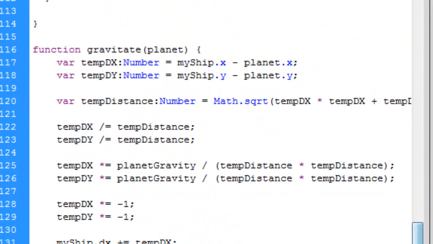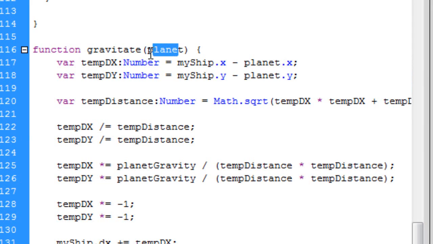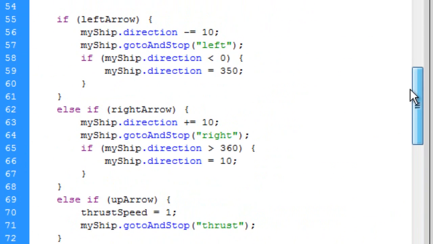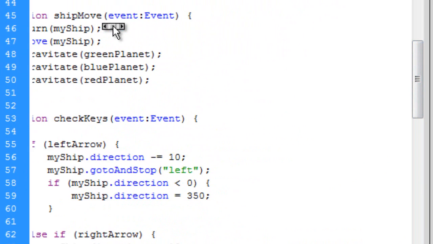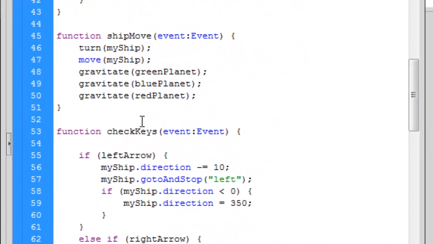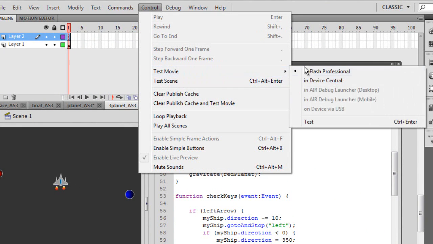When we get down here, this is all the same. All this is the same. But what we have is we call it out as our planet. So this actually stays the same, but our gravitate function is assigned to these three movie clips in our enter frame event, the ship move. So now when we add these, control test movie,